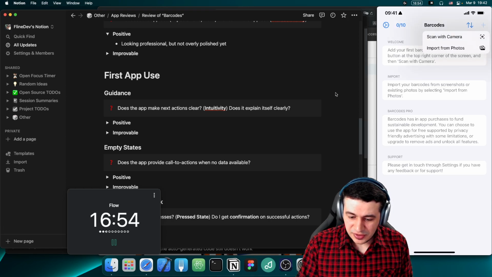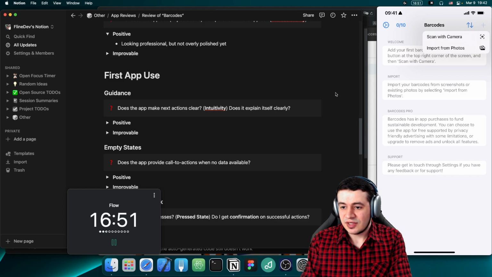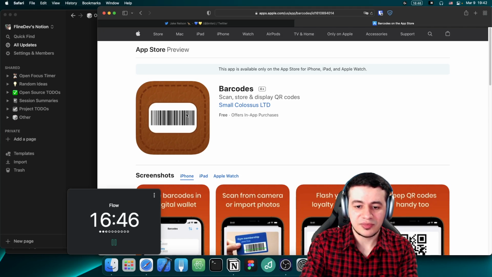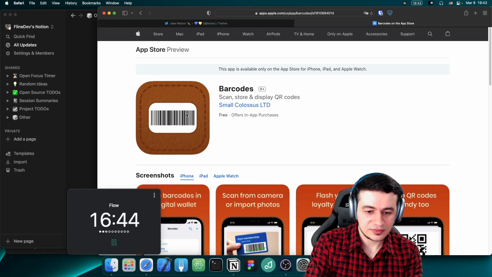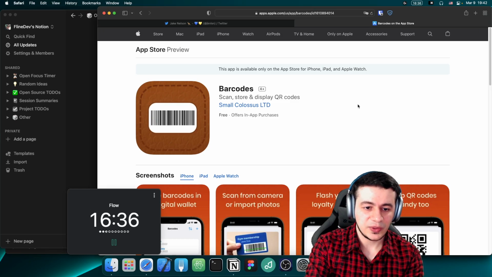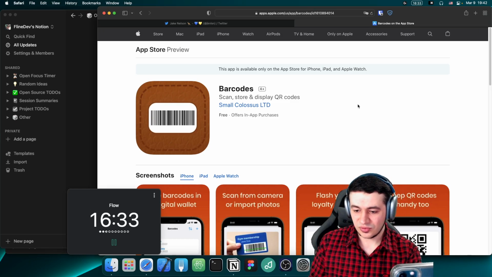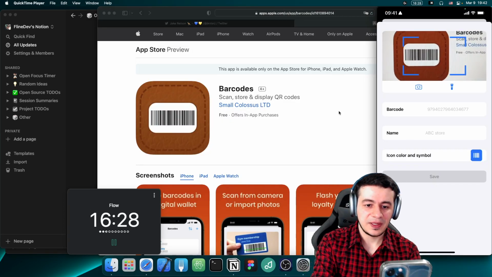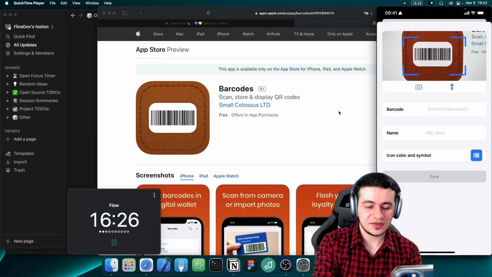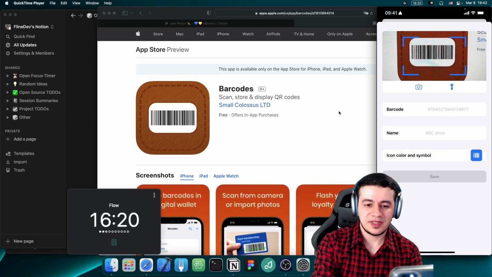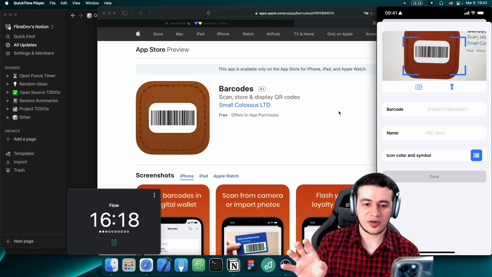And I can scan with the camera, or I can import photos. So I will scan with the camera, and you have told me that I can actually scan this barcode here. Let me try that. Scan with camera. Give the access. Okay, so the first thing that I see here, oh, you don't see my screen anymore. Now you see. So I basically did this here,